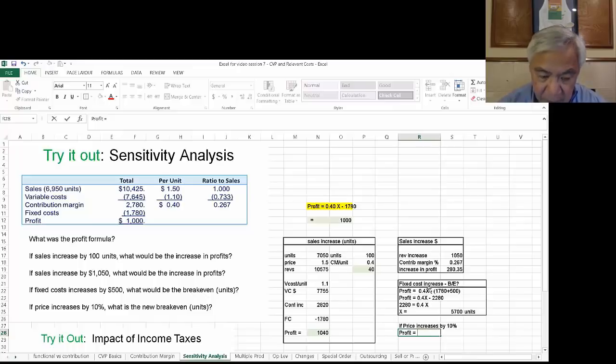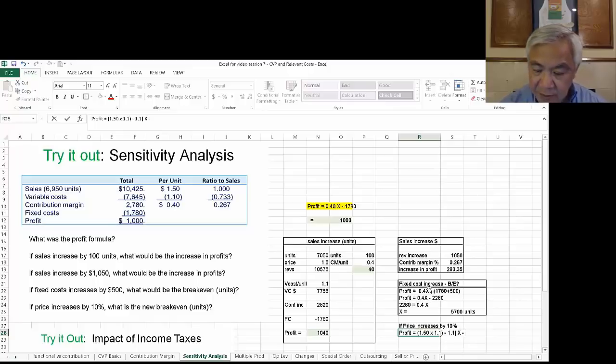The price was $1.50, so let's just break this out. 1.50, and that is increased now by 10% times 1.1. That's our new revenues, minus the cost stays the same, 1.1, and I'll do brackets, times x minus the